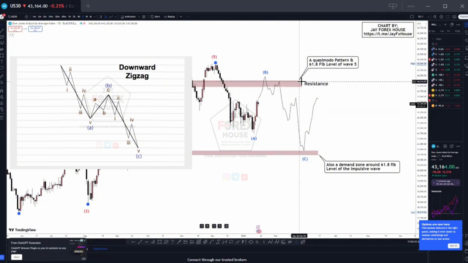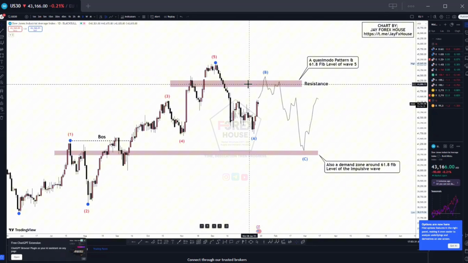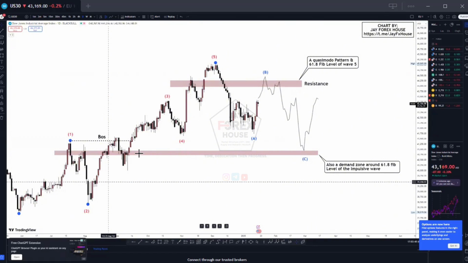And over here, we have a resistance level which happens to match up with the Fibonacci level of 61.8, which happens to be a key level when it comes to Elliott wave. We're going to understand more about that in our episode 8 and 9, all right? So on this episode, mainly we're going to be talking about the impulsive wave,